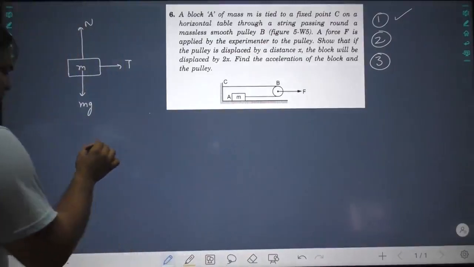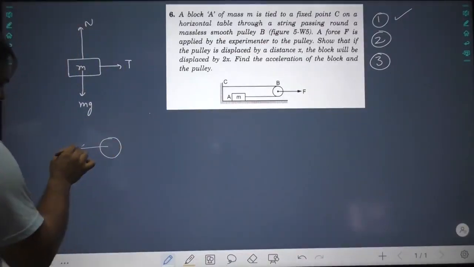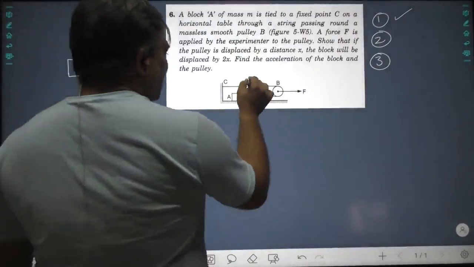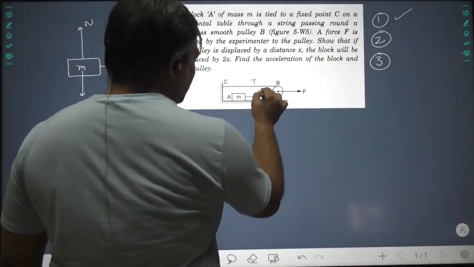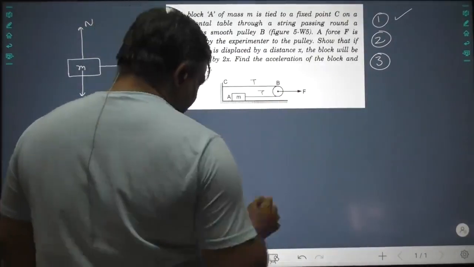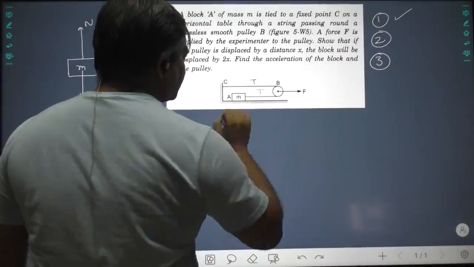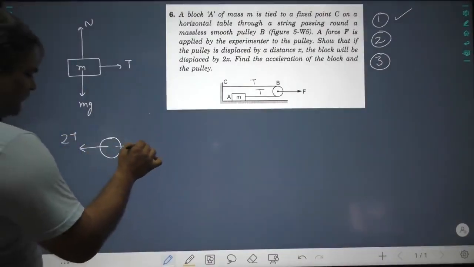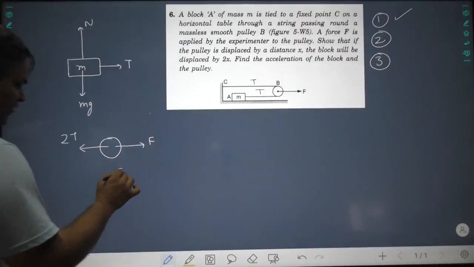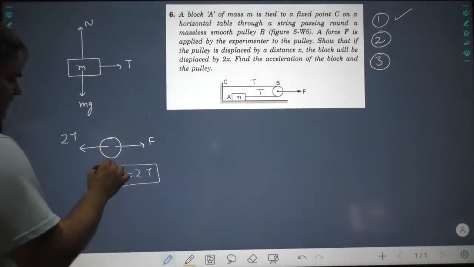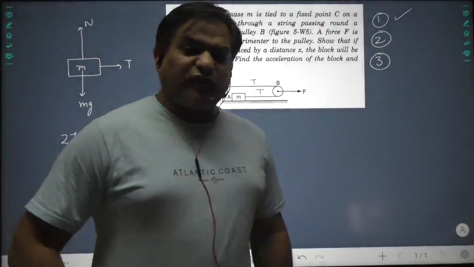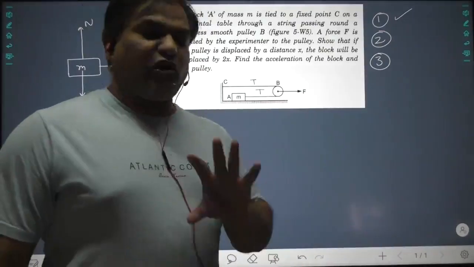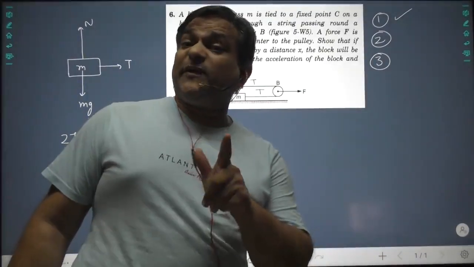So if I draw this massless pulley, suppose the tension in the string is T. Along the same string, the tension is always the same. If the tension in the string is T, then it is T at all points. Now understand, at the back you have 2T and in the front you have F. Now directly you can write F equal to 2T. Please remember that for massless objects, the forces must always be balanced. There should be no external net force.